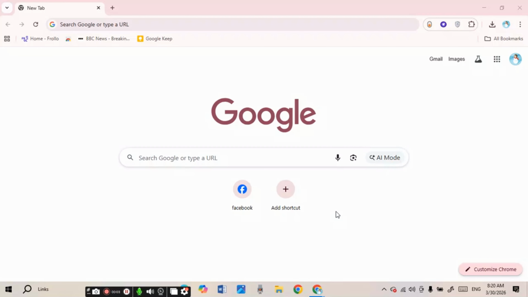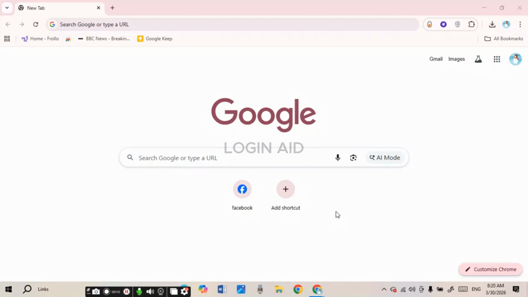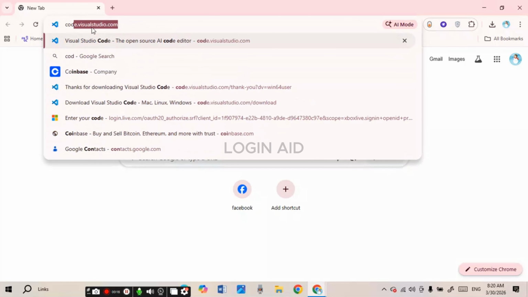In today's video, I'll teach you how to set up VS Code in Windows PC or laptop. So first of all, launch any browser of your choice. You can see over here I've opened Google Chrome. Now click on the search bar and type in this link